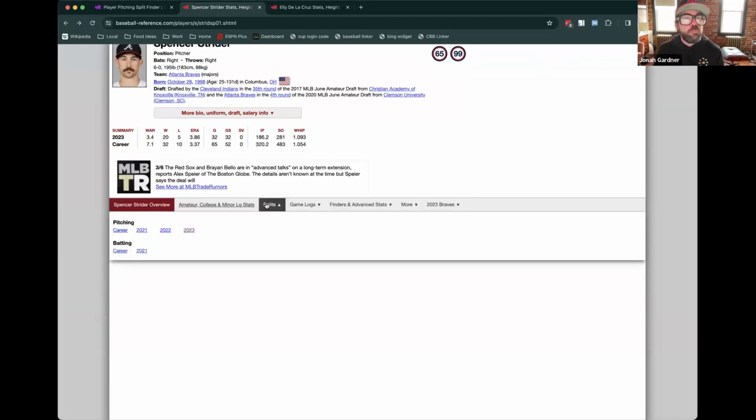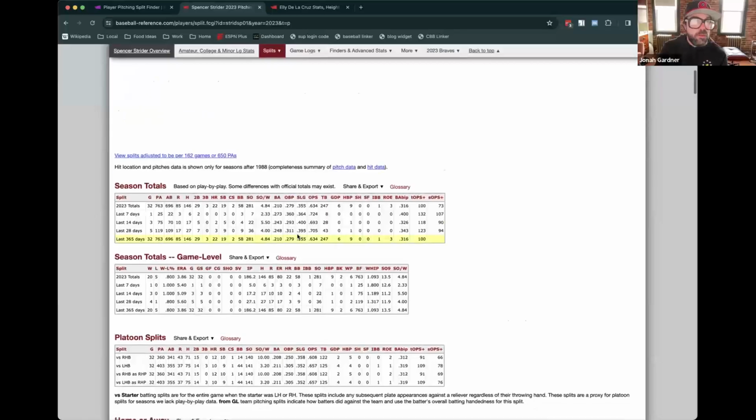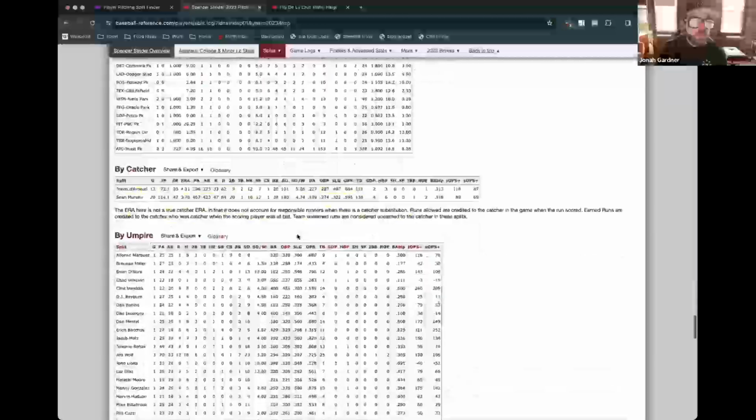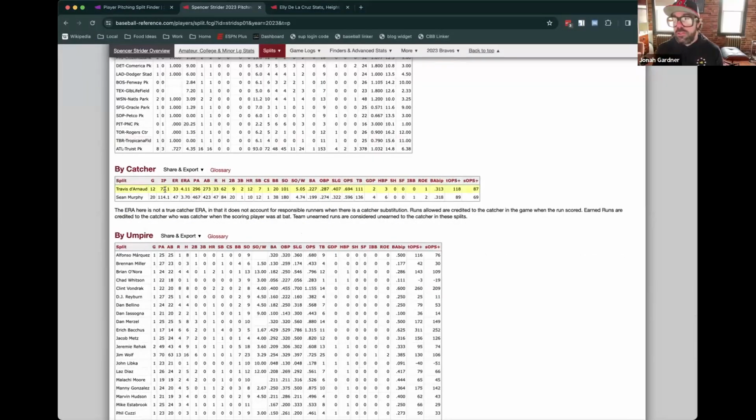If you go to splits, this is for any pitcher. I just picked Strider, but you can do this for basically any pitcher who we have game logs and play-by-play data for. If you go to their splits page and scroll all the way down to the bottom, you'll see that there's a split by catcher. So you can see their stats with the different catchers who catch them. Here with Strider, you can see his splits with Travis d'Arnaud were actually a little higher than when he had Sean Murphy catching him, which is probably what you would expect, given Sean Murphy is one of the best